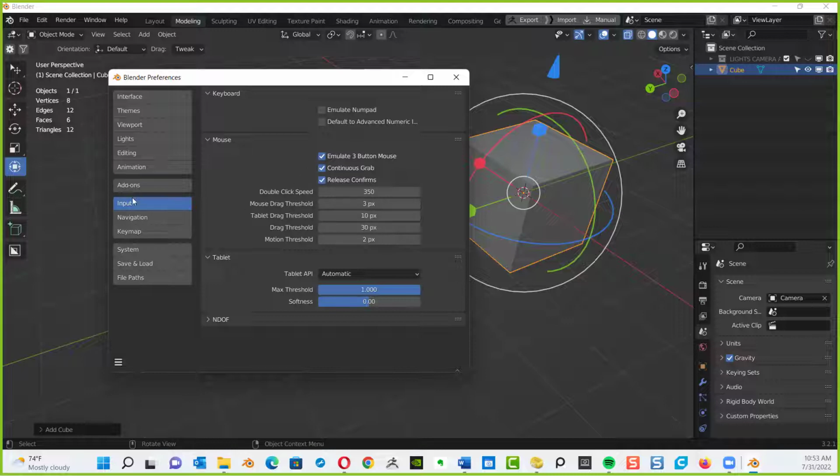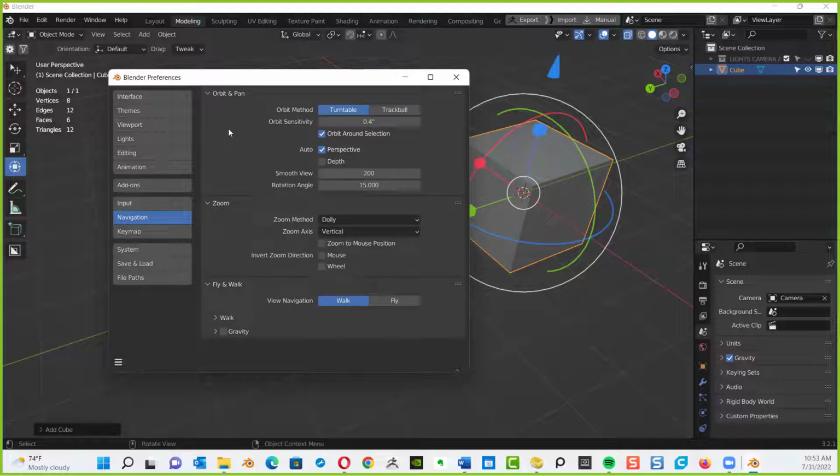Next thing we're going to do is go to navigation. Important workflow. By default, orbit around selection is unchecked. I want you to check it. What that does is whatever you have selected in Blender becomes your orbital point when you rotate around. And everything else in navigation stays default. So if that's unchecked, does it orbit around the 000 point? That's right. It orbits around the world axis. We're going to talk about that in a moment.